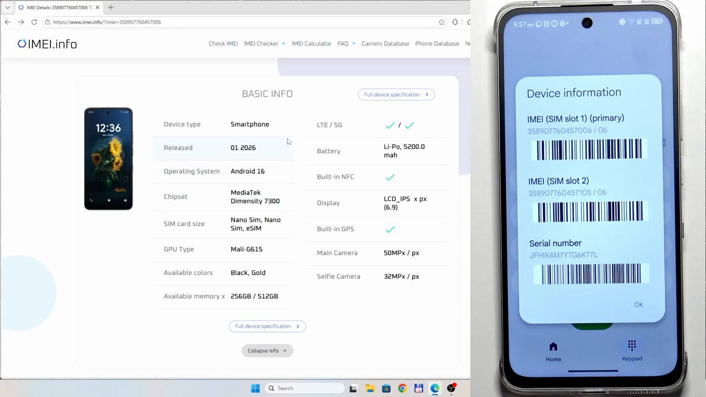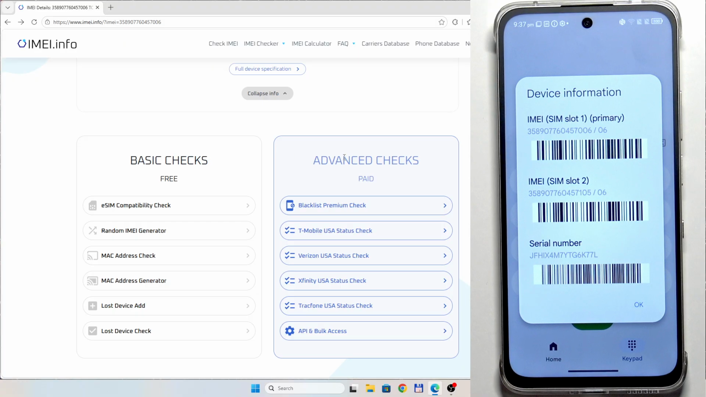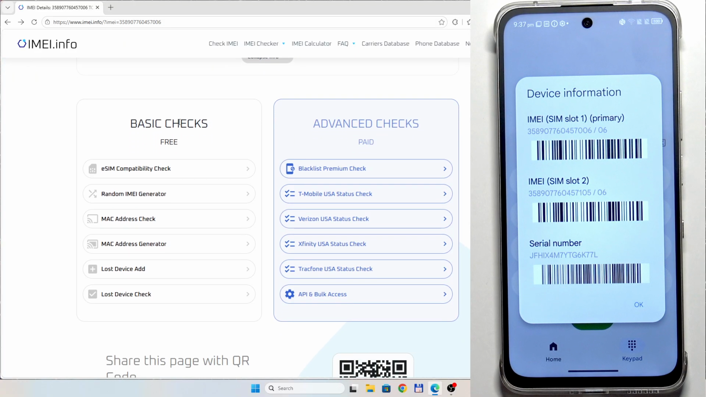Okay, when it comes to the other things, we've got to keep scrolling down, and we have the basic checks and the advanced checks. The basic checks are completely for free. When it comes to the options, we have the eSIM compatibility check. We can generate a random IMEI number for our phone. We can perform the MAC address check. We can generate a random MAC address. We can add our device to the lost database,